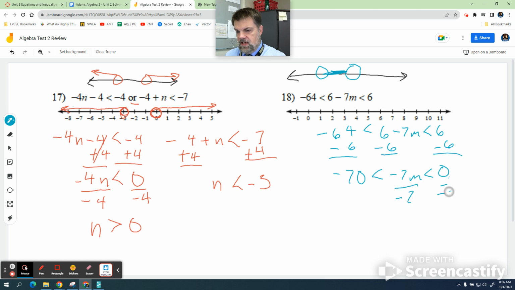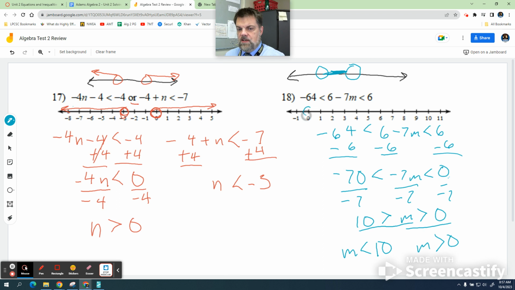Divide everything by negative 7. This becomes positive 10. Remember, we got to flip the symbol, right? Why am I flipping the symbol? Because you divided by negative. Yeah. So when I go to do this, I'm rewriting it this way. Remember, the alligator's eating the 10, so I write it this way. Now this side, I just write how I normally see it. So I'm going to put an open circle at 0 and an open circle at 10. We're looking for values